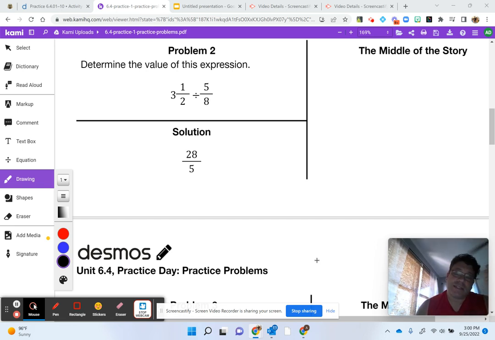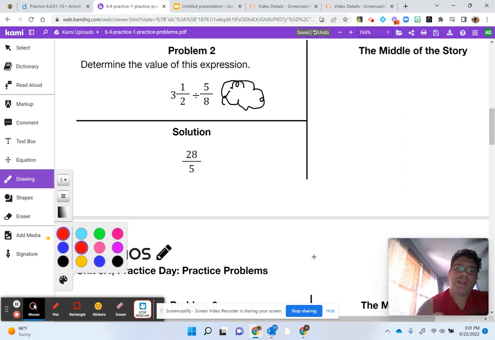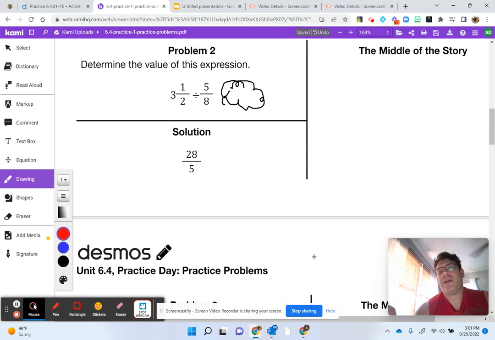Another thing we're going to be assessed on through our lessons for this unit is computing the quotient of a division problem. So we're taking this division problem with fractions and we're trying to see what is the value of it. What is it worth when we do that? So we've learned a couple things over this time period, and we've learned that 3.5 is really